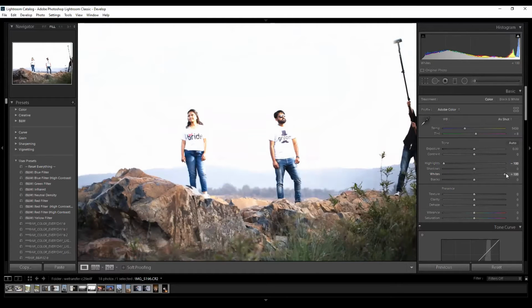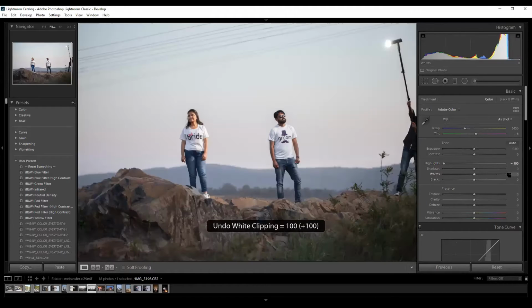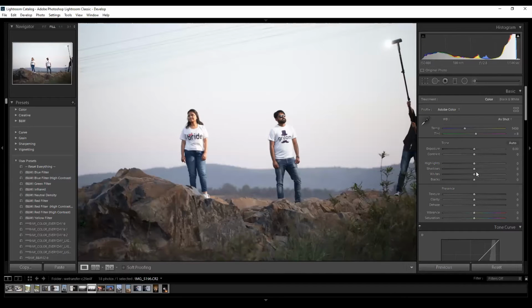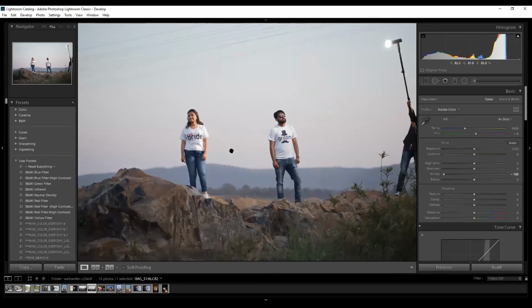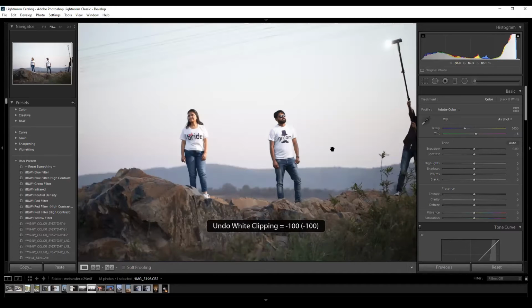It will try to increase whites in all the image, not balancing out the highlights of the image. So this is a basic difference between highlights and whites. Again, if we neutralize the whites, now you can see the highlight portion or the white portion is much more neutral in this image. You can see the difference.